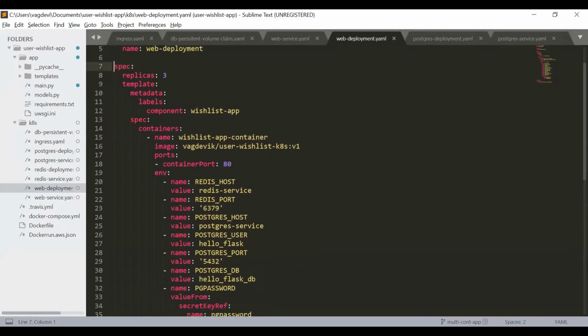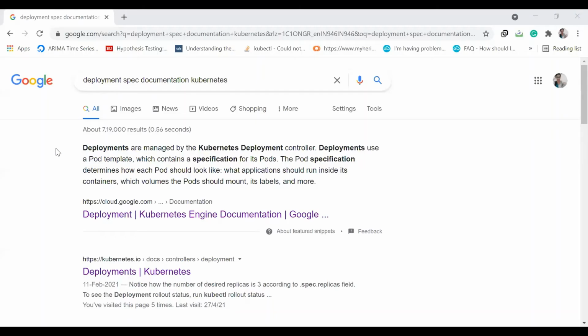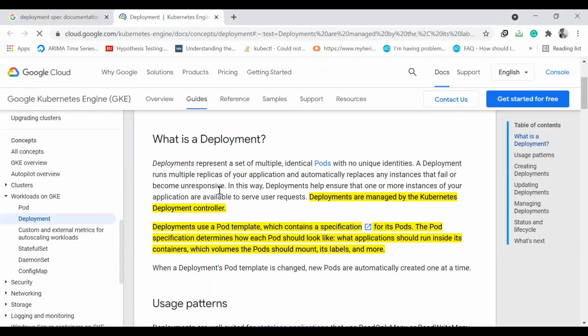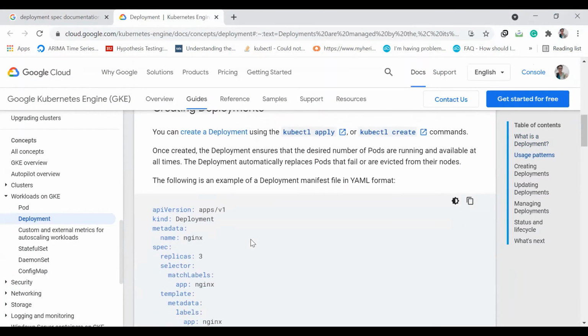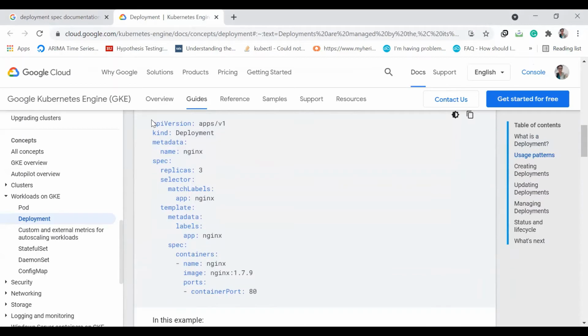Okay, so if we quickly search for the Kubernetes deployment spec documentation and click on this, I will be able to see some examples in the documentation, right? So this is of the apps/v1 version and the Deployment. So under the spec, this selector is written, right?